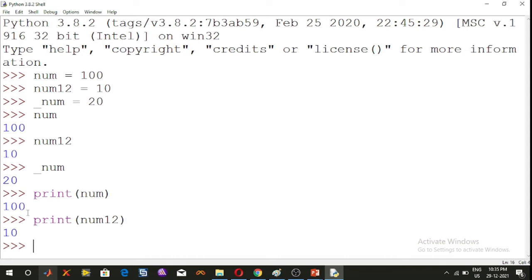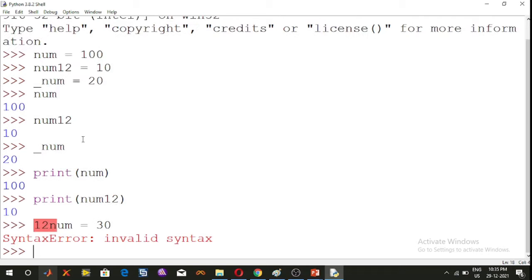So Python variables must be made of letters and digits, for example, num12 or _num. So don't start with a number. So 12num is equal to 30, and then press the enter button.